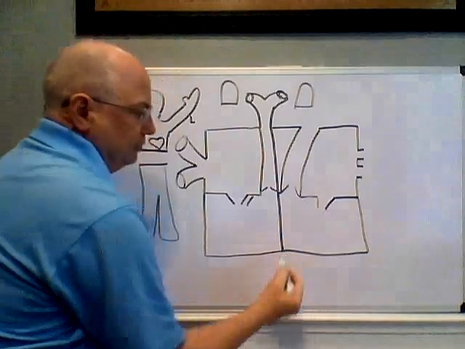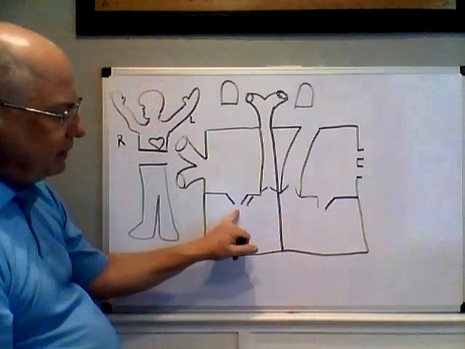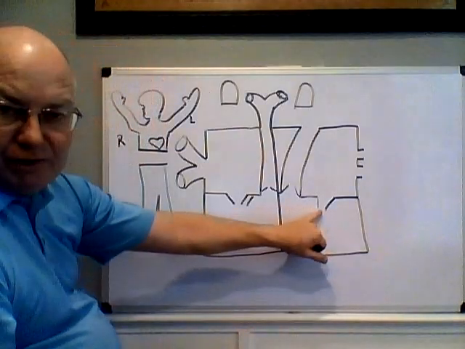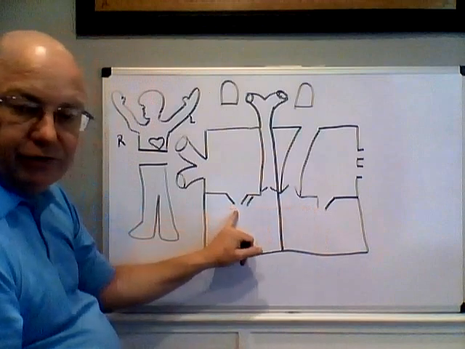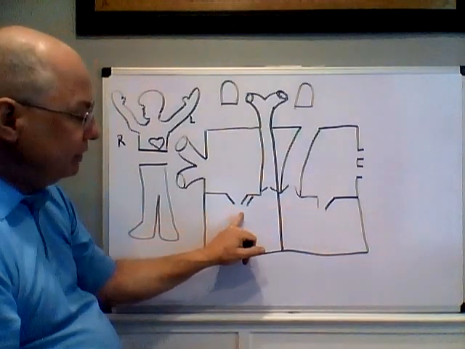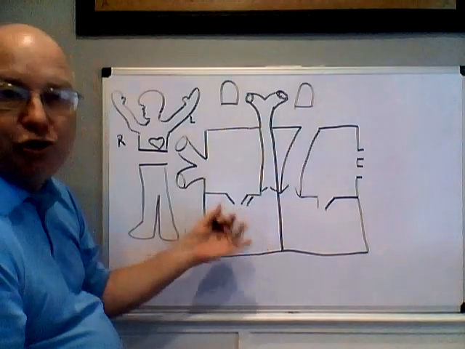And I'm going to close off this little box. This flap has 3 cusps. This flap only has 2 cusps. These are the heart valves called the right atrioventricular or AV valve, which has 3 flaps, also called the tricuspid